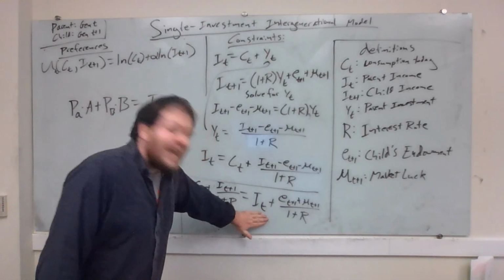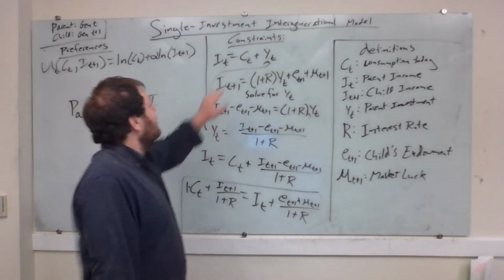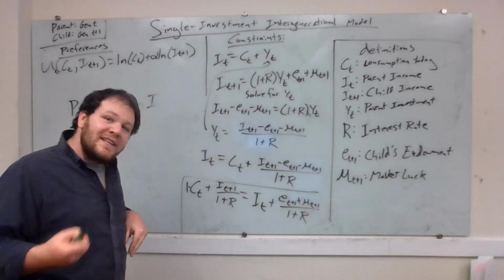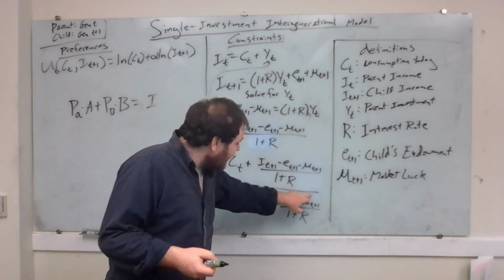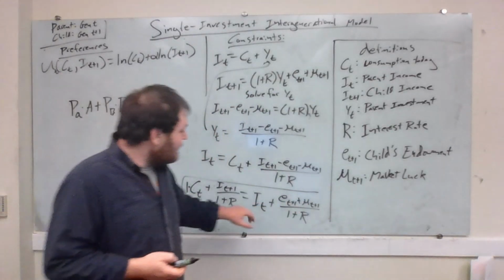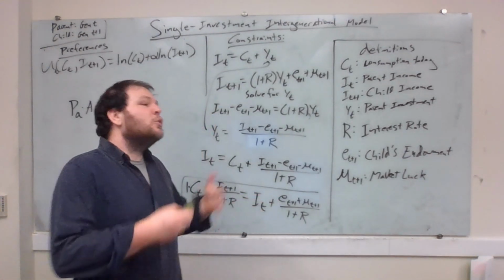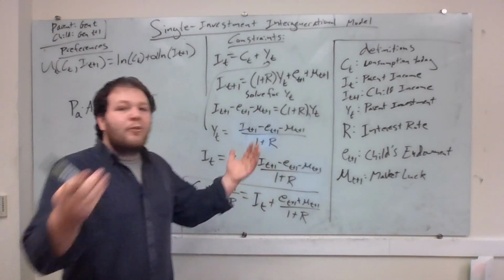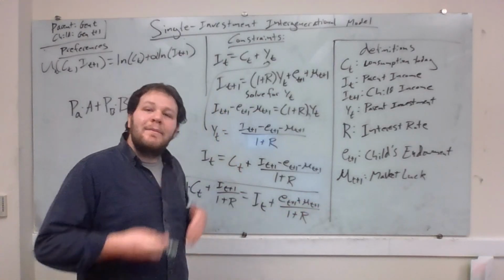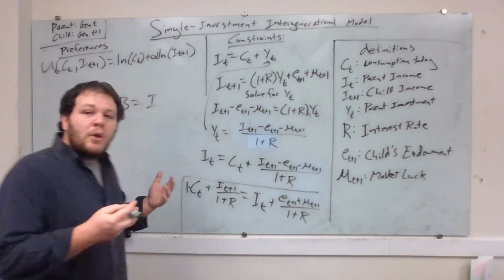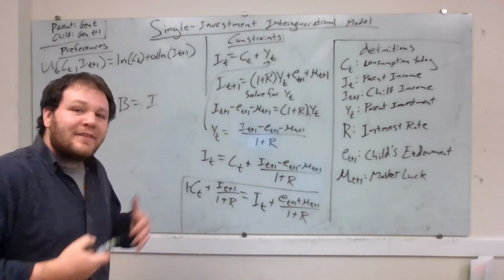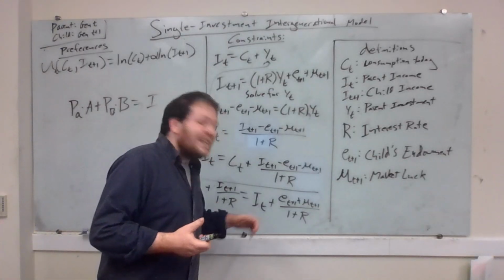It consists of my income as a parent that I can distribute between consumption and investment in my child, but it also consists of my child's future earnings that don't depend on what I do. It also consists of my child's talent, social connections, good looks, whatever it is that's going to improve their earnings, plus the ways that I expect them to be advantaged in the future in ways that don't have very much to do with me. Combining these 2 things is essentially my child's luck, my child's future earnings if I didn't invest anything in them